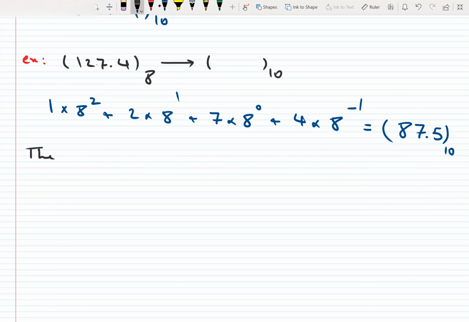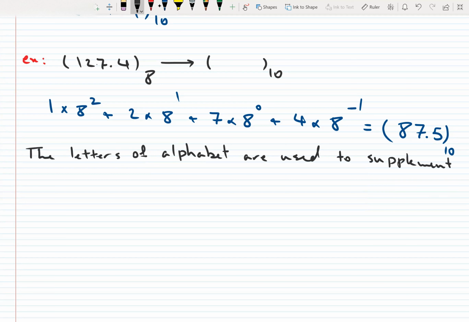The letters of the alphabet are used to supplement the 10 decimal digits